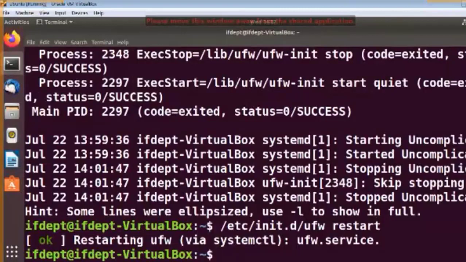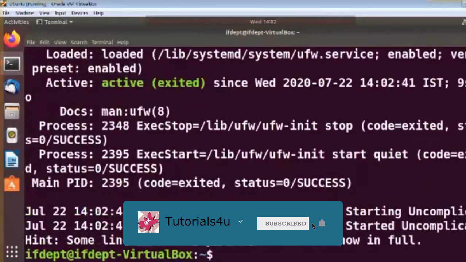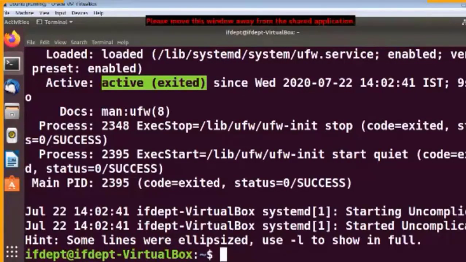Now let us check the status again. So here status, enter. So what it is showing me, since you have just restarted it, the status shown is active.